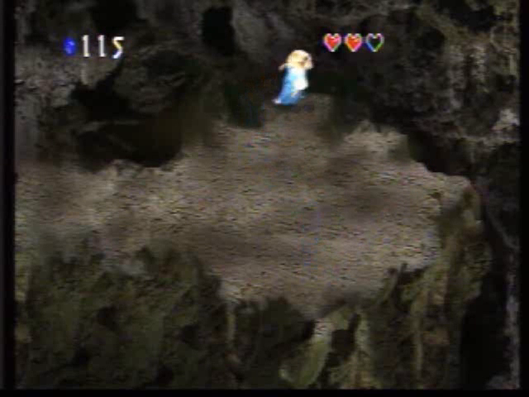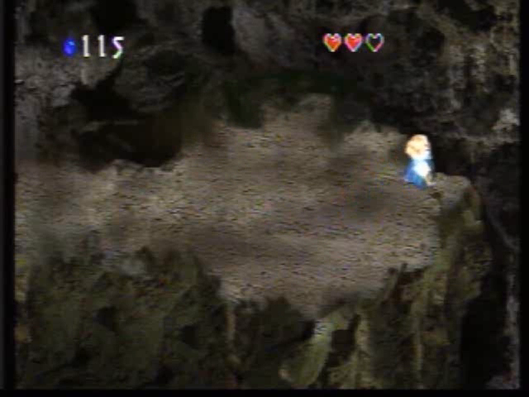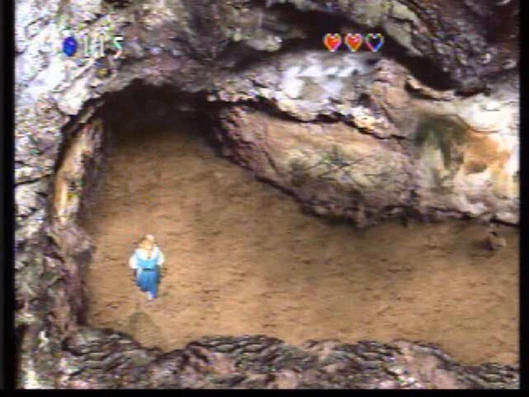Right. Okay. So I go into this cave. And there's nothing. And there was a bunch of enemies that knocked my health down. Okay. Well, there were two caves, because there was the red tree here. And then let's go into the second cave. And there's a lot of these weird markings on things. Right. This actually...